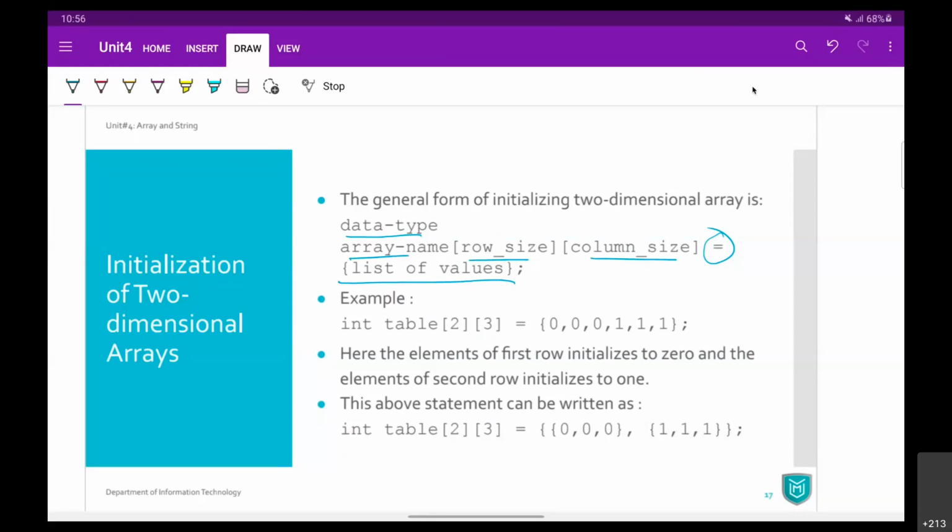Now, as an array is a sequential memory allocation, you can have a single sequence of all those elements here, regardless of the dimensions, 1D or 2D. You can initialize your array with a curly bracket and a single sequence of numbers 0 0 0 1 1 1.